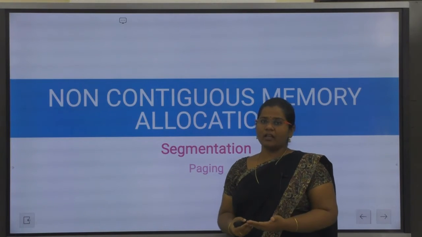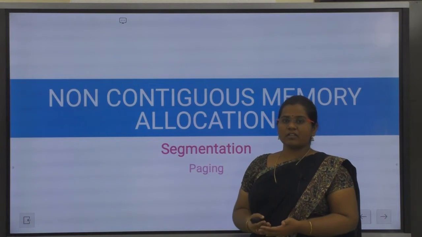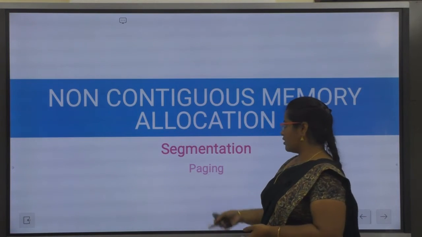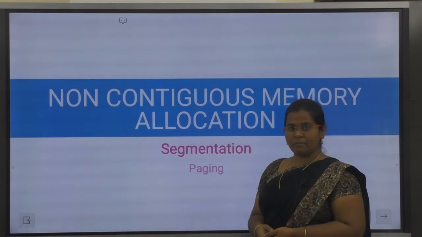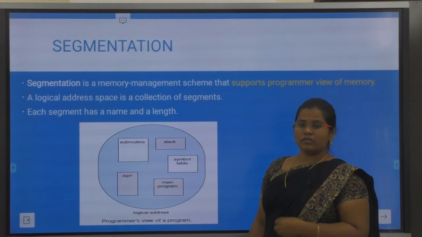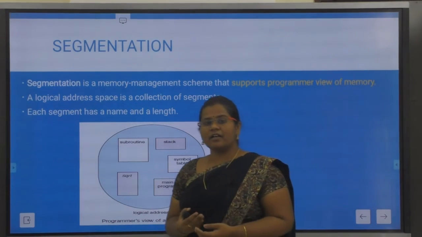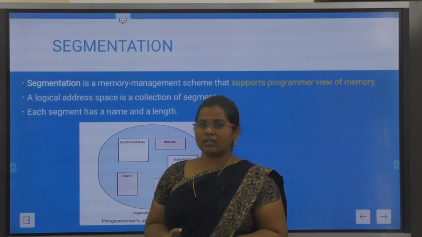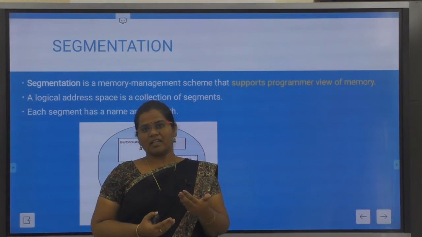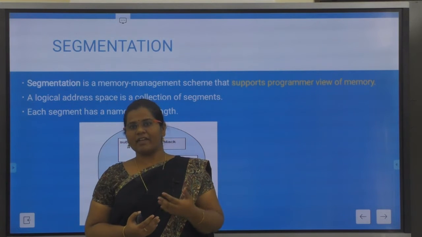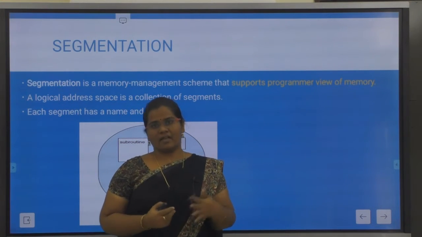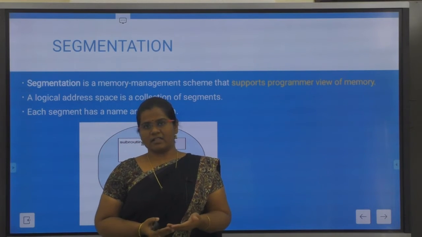So now today we'll see the non-contiguous memory allocation methodologies, and we have two main methodologies, segmentation and then paging. Today we'll go with segmentation. Generally, whenever a programmer thinks about segments, a segment is nothing but a small part, dividing the available process into different parts. So each part can be considered as a segment.